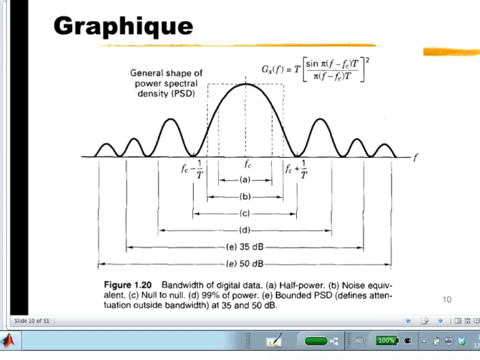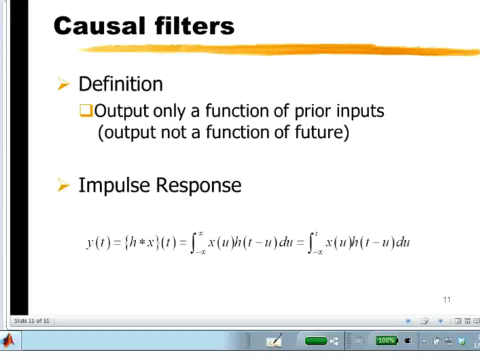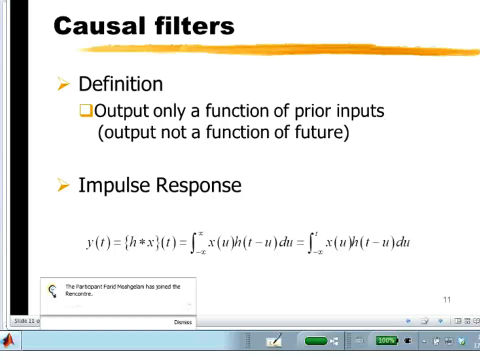3 dB bandwidth may be a good figure of merit for determining how much distortion will be introduced to a signal. The noise equivalent bandwidth will be a good tool for determining how much noise is getting into your system. If we move on just on this brief review of filters, one other concept which is very important is the